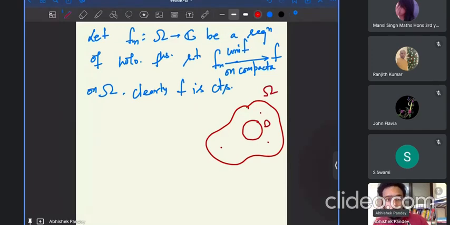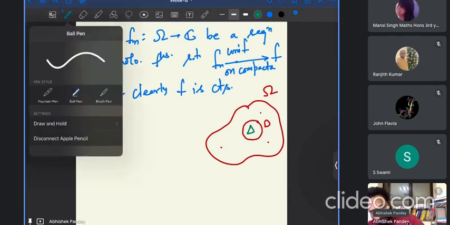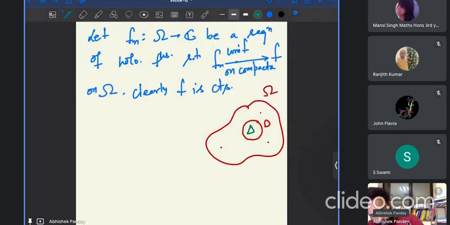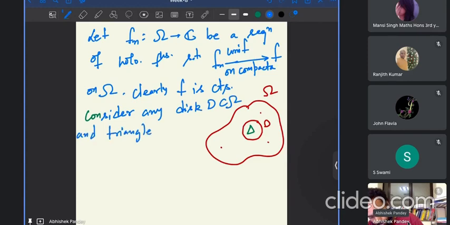This is the disk D, and consider any triangle in this disk. So consider any disk D subset of Omega and triangle T in